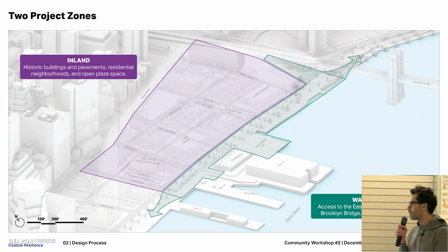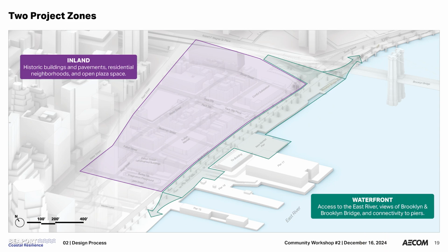So with that, as Elizabeth mentioned earlier, to make it very easy for everybody to follow along, because some of these projects can be a little bit complicated, we've decided to divide the project into 2 major zones. There is the inland area, which basically predominantly deals with the historic district, with the actual nest of what makes this place really beautiful. And then the waterfront, which needs to not only respond to the context of the historic neighborhood,